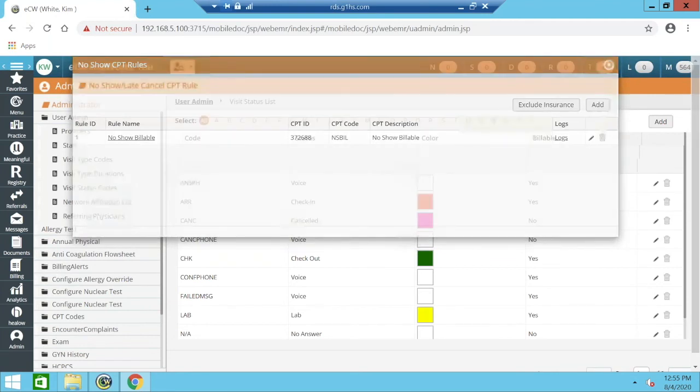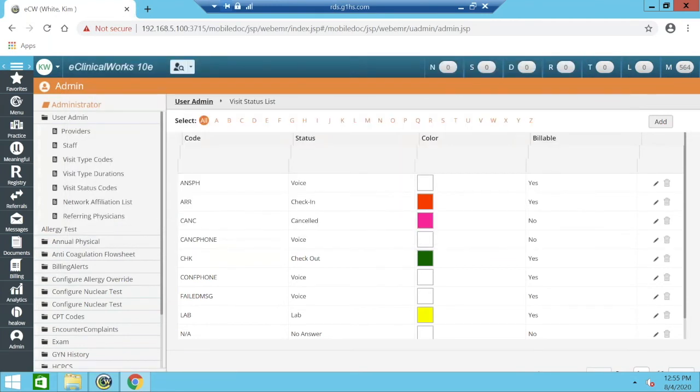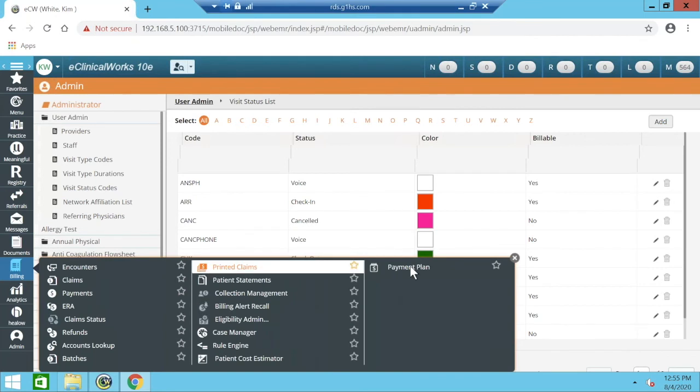I'm then going to go ahead and move into payment plan. So the payment plan module, as far as the configuration and setting it up, can kind of be a webinar in itself. So I'm not going to go through the full process, but I'm going to show you some things and talk through it before we get to those tips and tricks, just in the interest of time. So to get to the payment plan module, I'm going to go to billing,